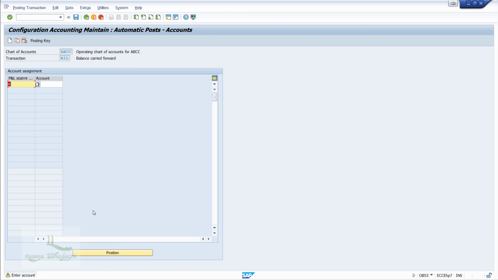Here you will get the warning message as you have to enter your account number. So just to skip this warning message, you have to just press enter and then continue to save the retained earning account configuration. Okay, done. Everything is saved. Good. So now this completes all of your configuration related to GL settings, and the system is now ready to create your own GL account. So in the next session, let's start creating our own GL accounts.